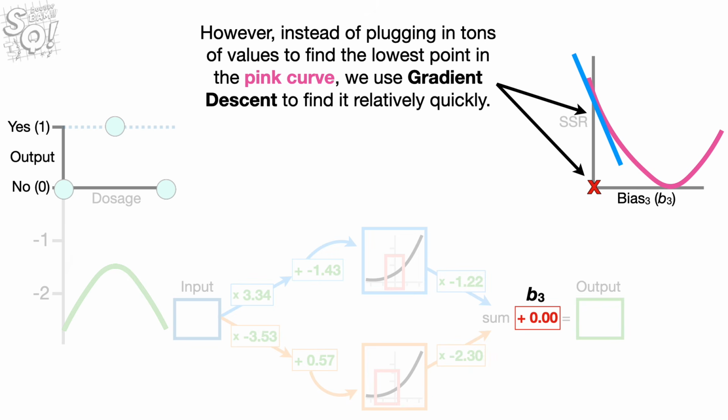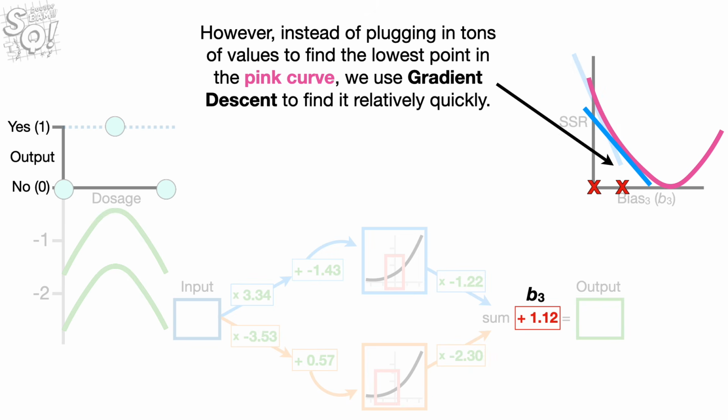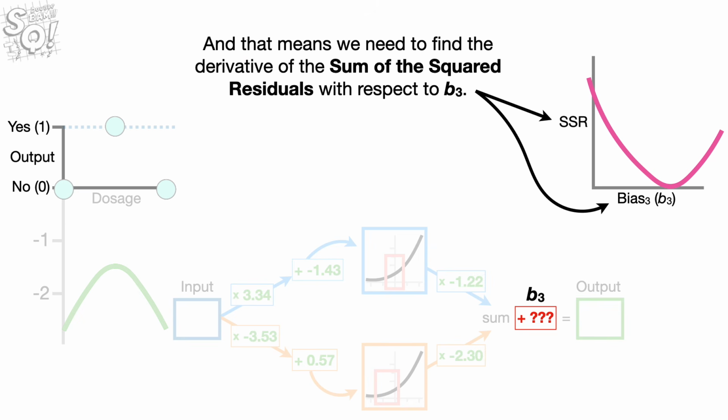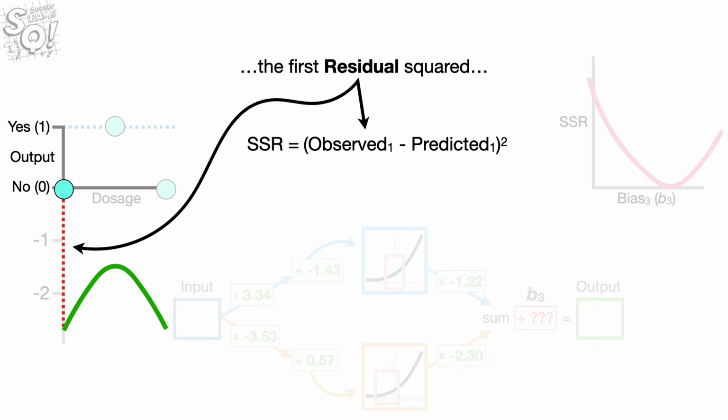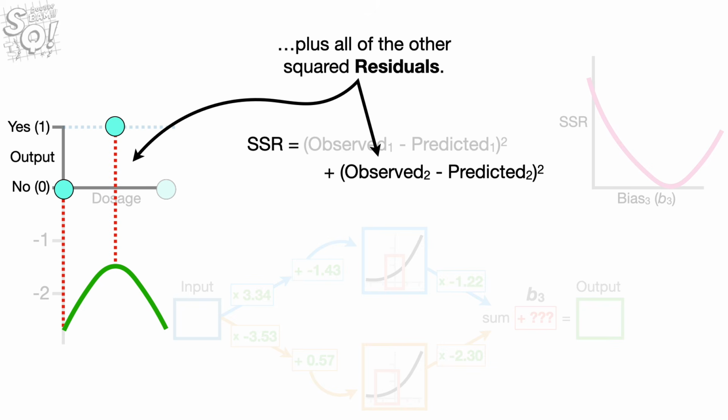However, instead of plugging in tons of values to find the lowest point in the pink curve, we use gradient descent to find it relatively quickly. And that means we need to find the derivative of the sum of the squared residuals with respect to B sub 3. Now, remember, the sum of the squared residuals equals the first residual squared plus all of the other